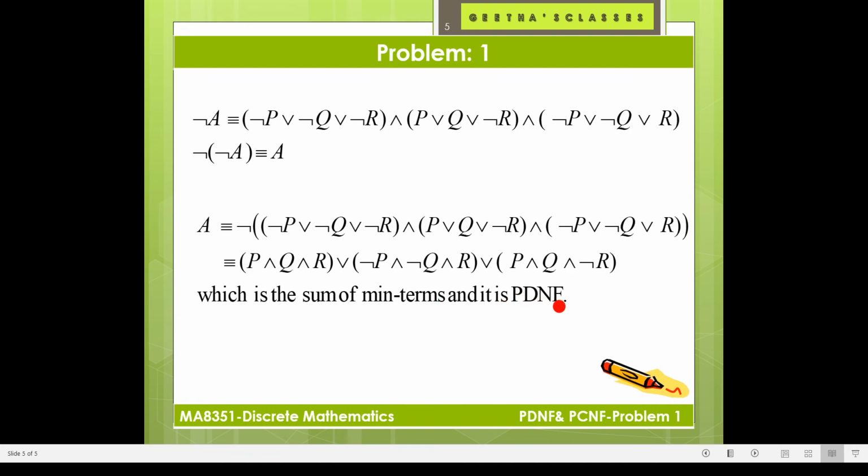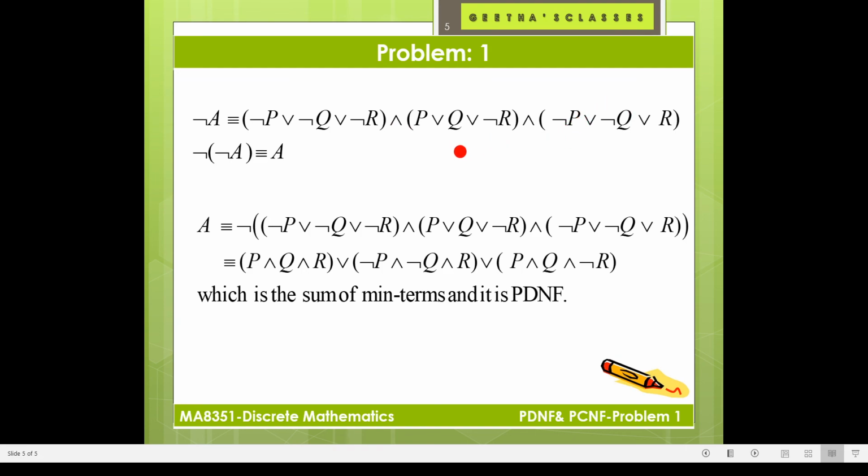Okay. So this is the procedure for finding PDNF. No need to find PDNF again from the beginning. If in a single problem they ask PCNF and PDNF, you find PCNF by following 6 steps. You can easily find PDNF by using this negation of A. Remember, you have to write this negation of A by writing the missed out terms alone. Don't take negation of that one. Negation of A is nothing different from writing the missed out terms.